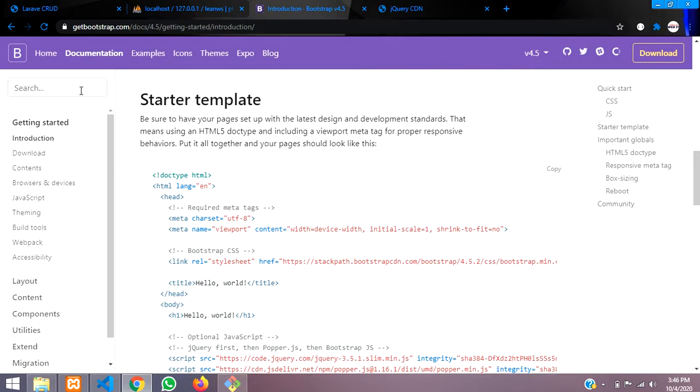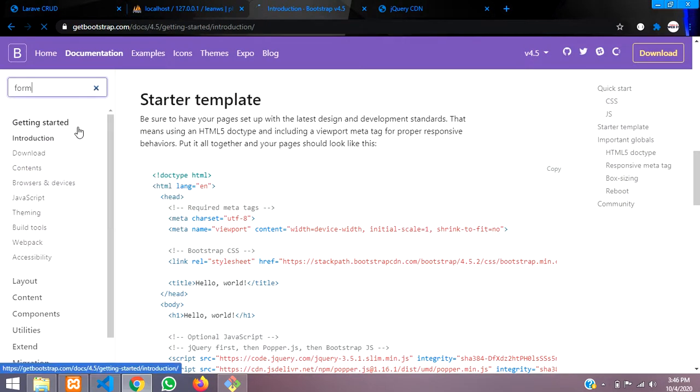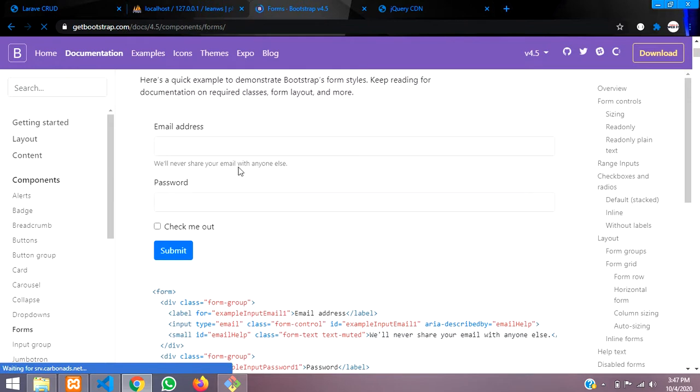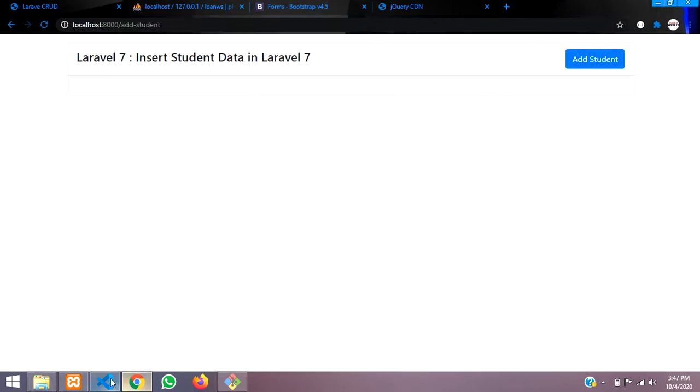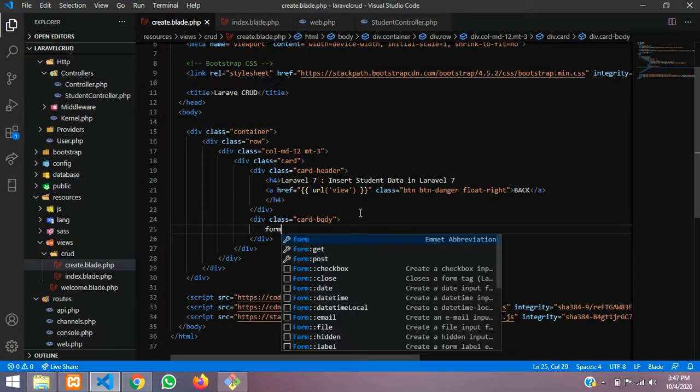So guys, now let us search the form. Over here you can search the form and copy paste it. This is the form, guys. We are going to add only a few things. I'll just show you here itself. So first let's type form.